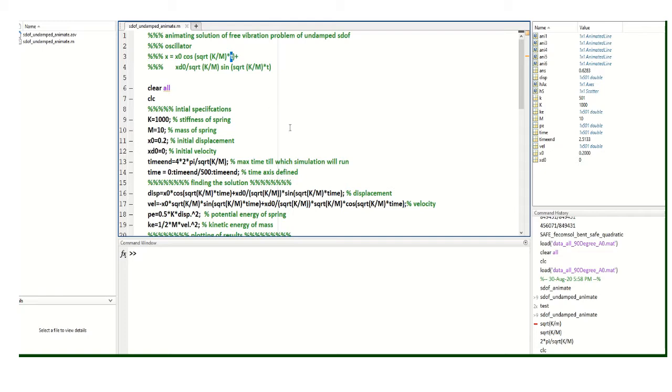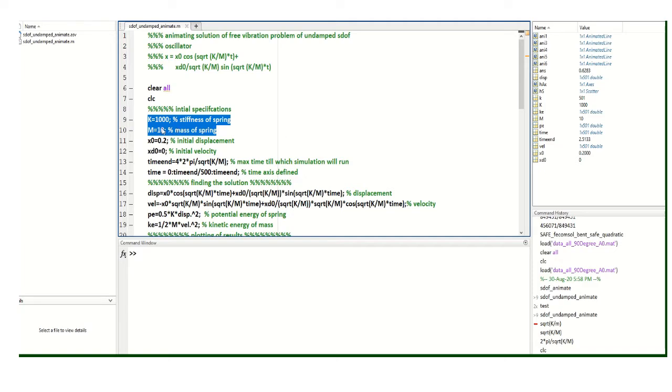Now this is one small MATLAB program that I have written, which will show you how exactly the solution is developing. Let me run this program, and when the solution is seen on the screen, I'll tell you more about this. Before that, let me tell you that the stiffness of the spring is picked to be 1000 units, and M I have picked to be 10 units. I have selected certain random numbers. You can have any other number at either of these two places.